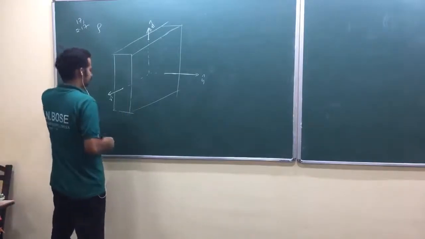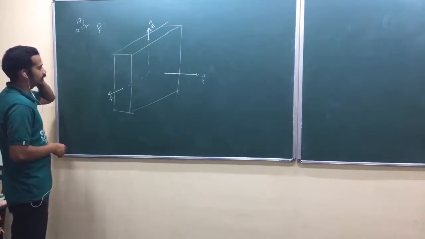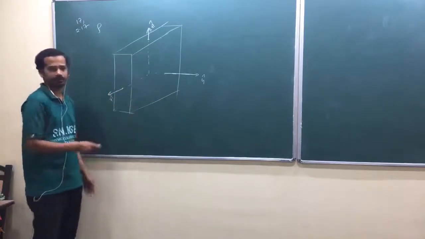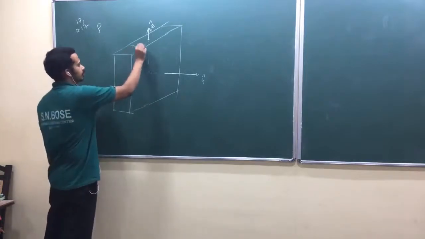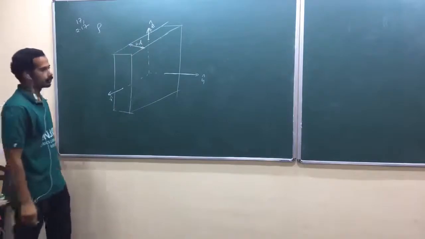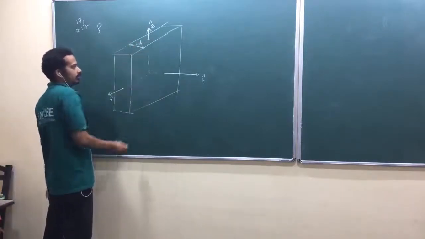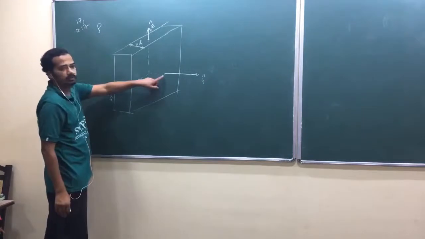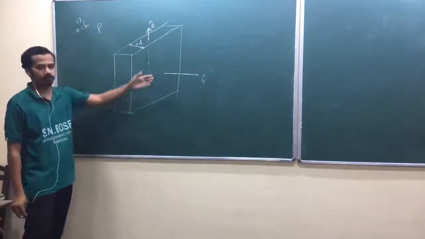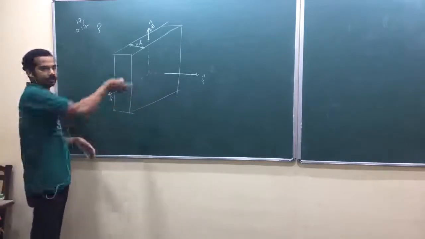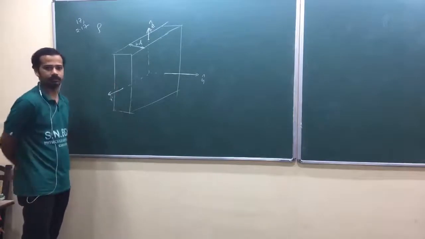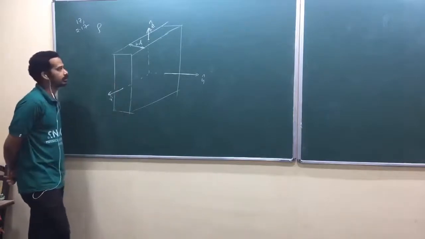Now look at here. That slab is placed in such a way that your xz plane cuts the slab exactly in half. So this distance is 2d. Is that okay? The front side of this slab is at y equal to d. The back side of the slab is at y equal to minus d, so that the thickness is 2d. Okay, it is placed like that.